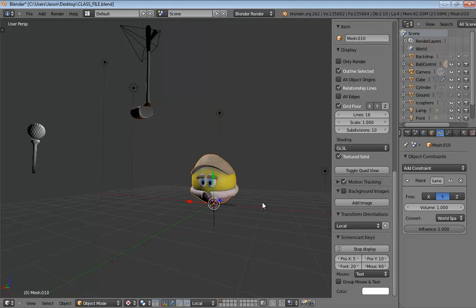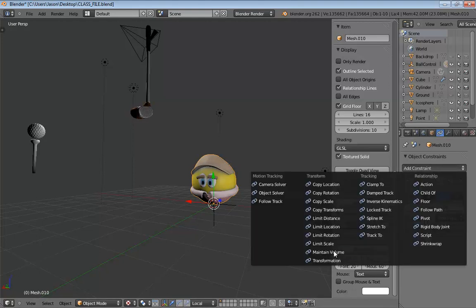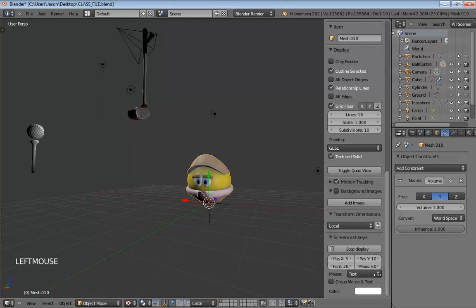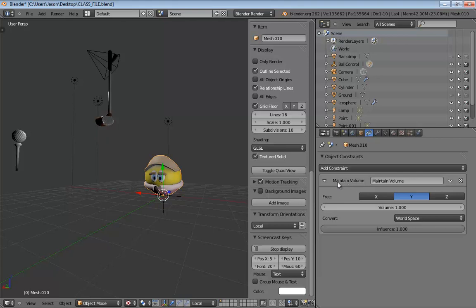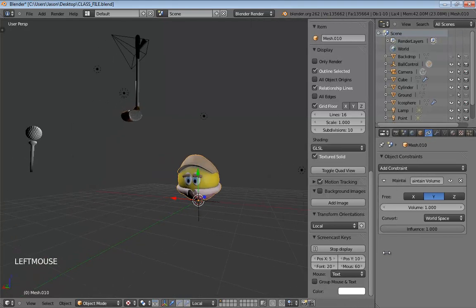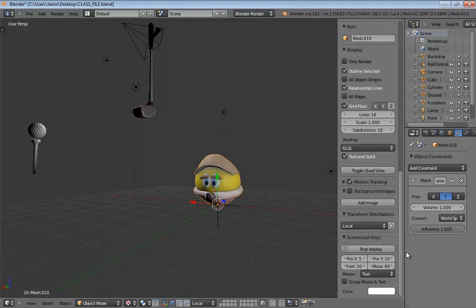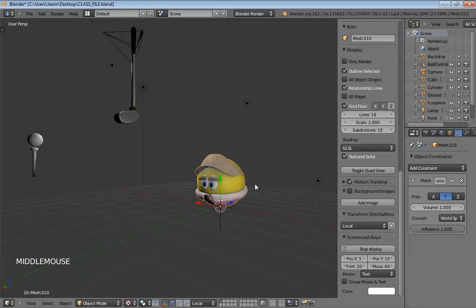Now that's pretty much it for handling our squash and stretch control. We're just going to be using this constraint. Now, later on, we won't be animating this. The name of the constraint, by the way, is maintain volume, located here in the transform constraints. If I was to really stretch out my properties area, you can see it keeps that name, but you've got to have a tremendous amount of screen space to be able to see all that. Now, again, we won't actually be animating the scale directly. We're going to handle that via a special control that we're going to set up a little later. But that's really all we need in order to be able to handle squash and stretch.